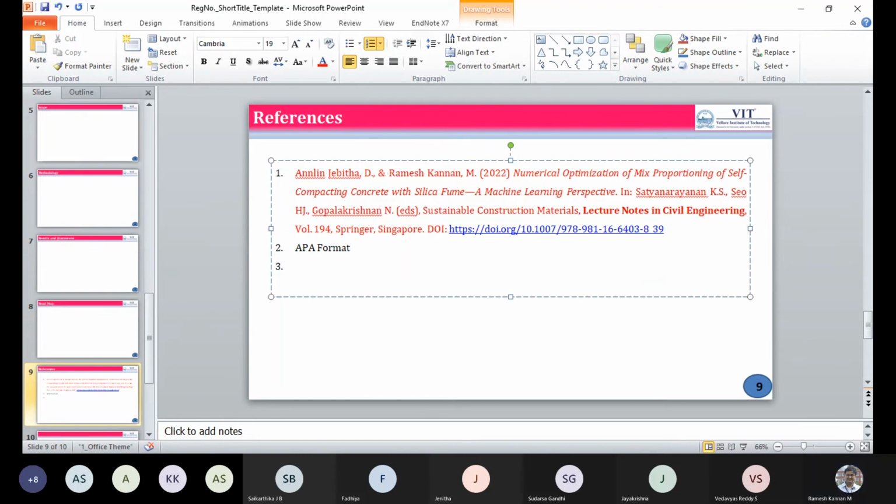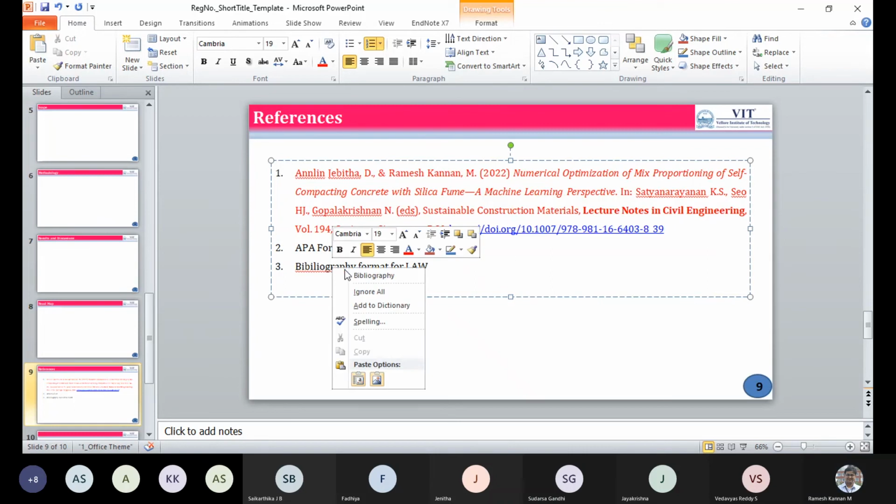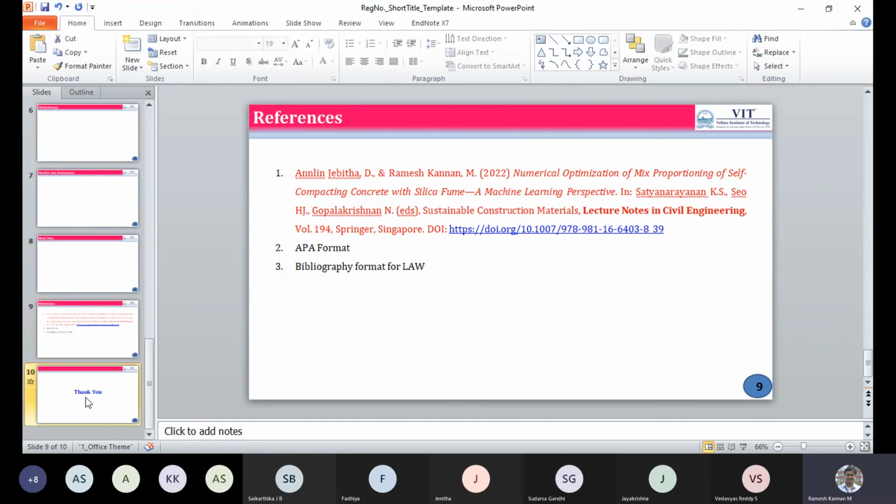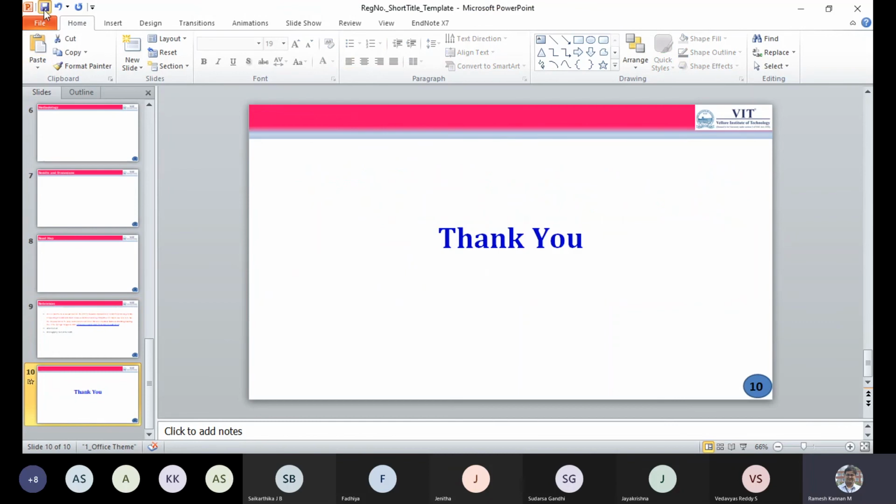That format you can make use of. Then that's it, then the thank you slide or something. So this will probably be useful for you while preparing your presentation.